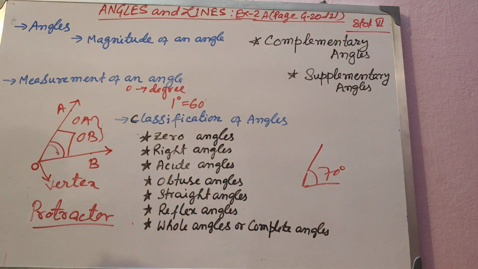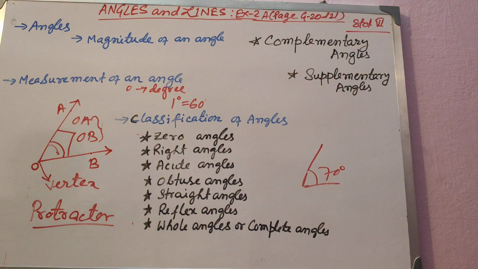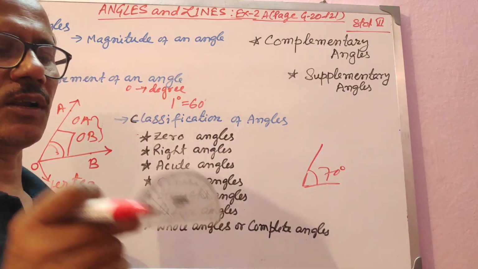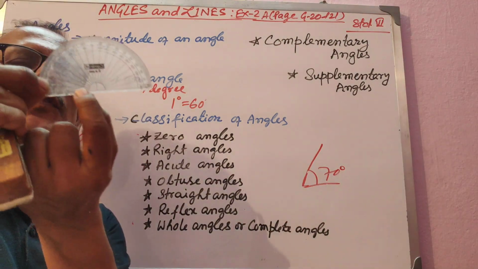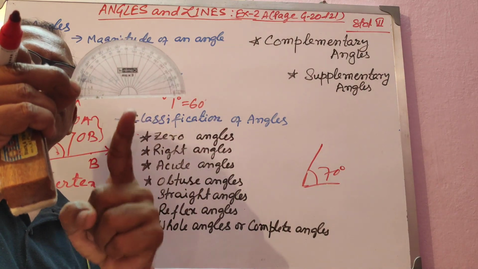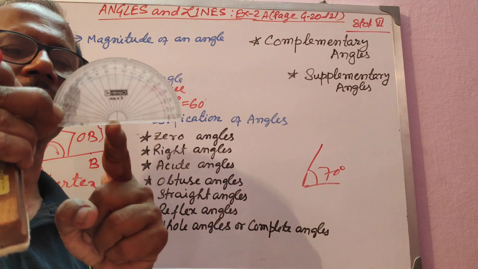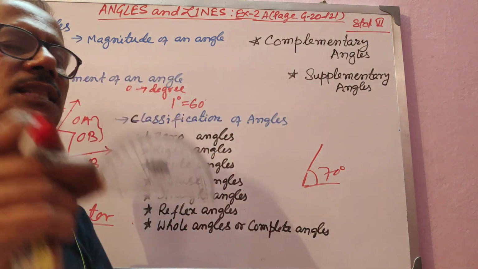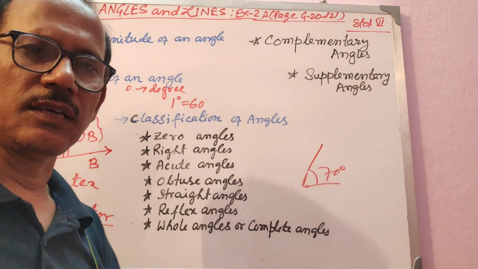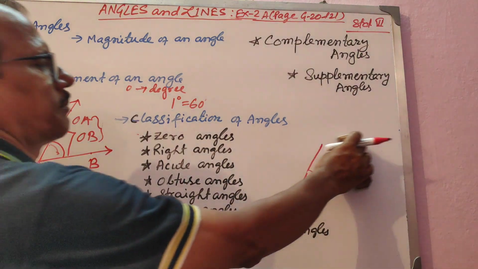It will be measured with the help of this particular instrument, which is called a protractor. How to measure with a protractor, you know. You will align one side of the angle with the point given to you. There is a horizontal line, and with that there is a vertical line. That particular point you will meet where the horizontal line meets the vertical line. Then you will see how far the other side has gone with respect to this point. That will be the measurement of the angle.